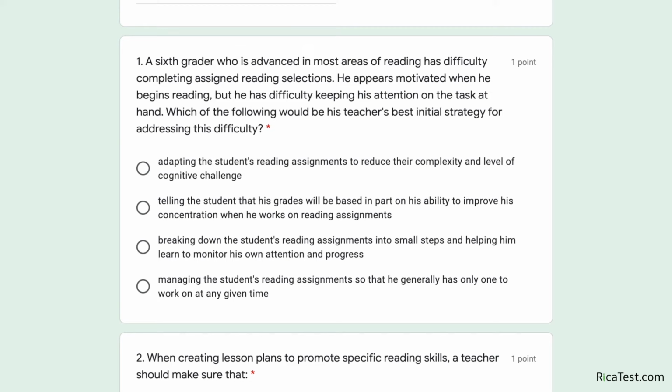And let's begin. Number 1 says, a 6th grader who is advanced in most areas of reading has difficulty completing assigned reading selections. Wonder why. He appears motivated when he begins reading, but he has difficulty keeping his attention on the task at hand. Which of the following would be his teacher's best initial strategy for addressing this difficulty? Is it going to be number 1, adapting the students' reading assignments to reduce their complexity and level of cognitive